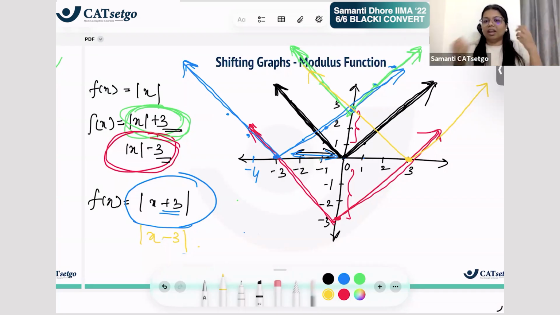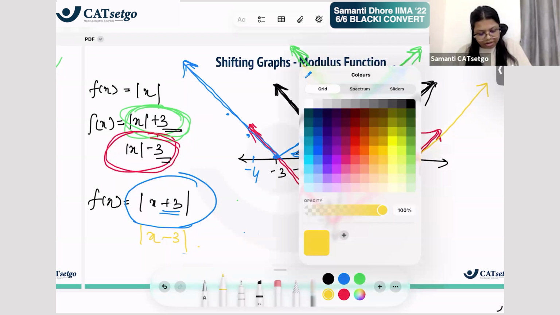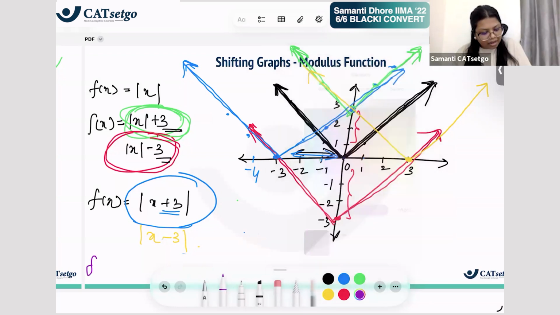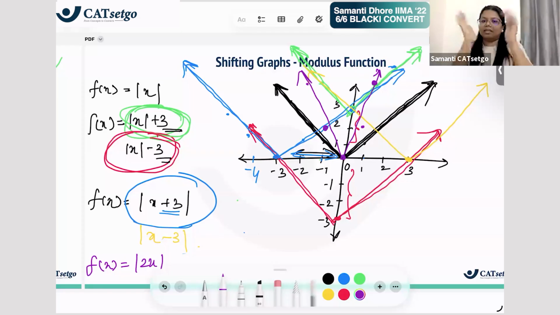तो जब भी you will end up feeling like this कि ग्राफ्स का शिफ्टिंग वो मांग रहे हैं, या दे आर टेलिंग यू कि if the graph is shifted this and that what will happen, वैसे ही अगर let me just invent another color, this color, but अगर मैं f of x equals to 2x कर दूं तो if I do 2x then what happens, when x is 0 y is also 0, when x is 1 y is 2, x is 2 it is 4, right, when x is -1 so this is -2, when x is -2 is -4 मतलब 4, so basically your graph is just becoming more acute।